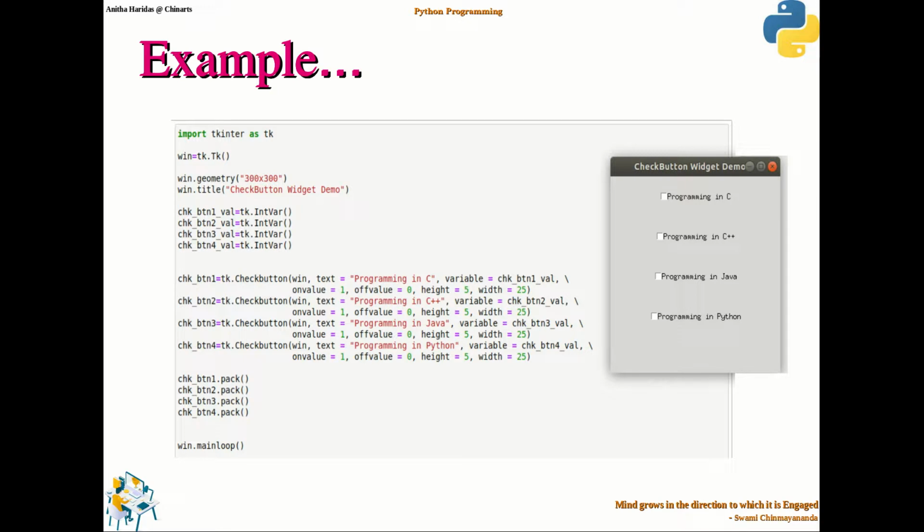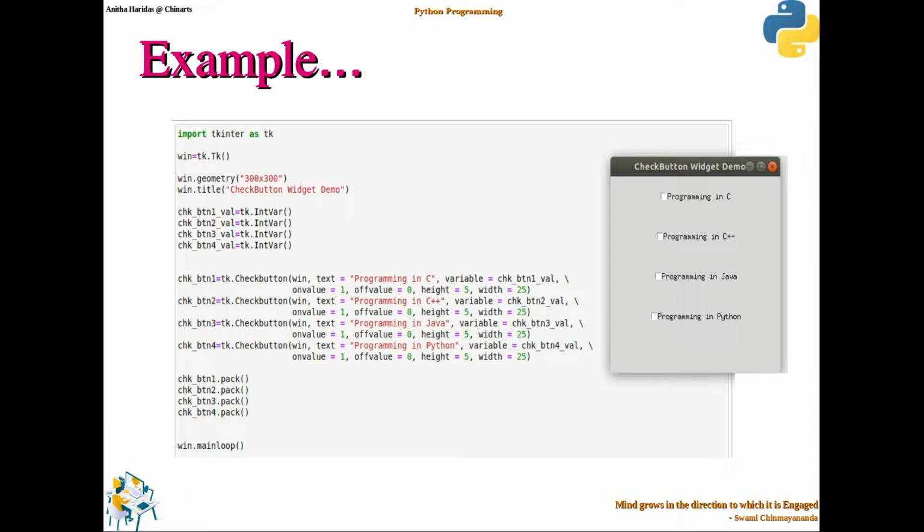Okay. So in tkinter, I have a function called IntVar, which creates an integer variable, and this integer variable can capture the value of the widgets. So for each checkbox widget, I need to associate an integer variable so that when the checkbox is checked, the variable will take value 1.